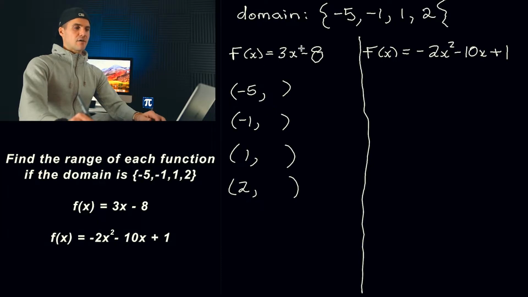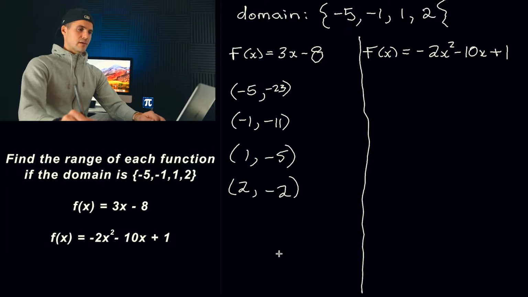So taking the -5, plugging it in here, 3 times -5 is -15 minus 8, that would give us -23. And then 3 times -1 is -3 minus 8, that gives us -11. And then we'll have 1 times 3 minus 8, that gives us -5. 2 times 3 is 6 minus 8 gives us -2, like that. And so now notice we have the corresponding y values on this function, and those y values are going to